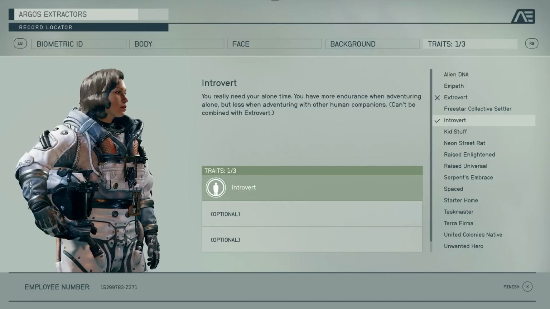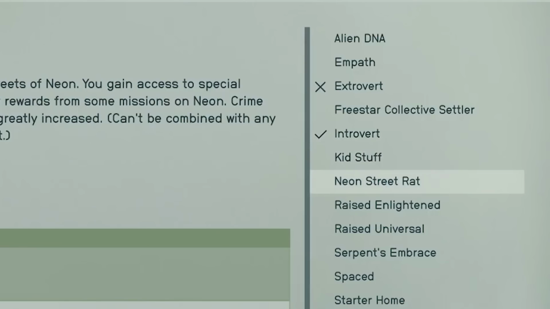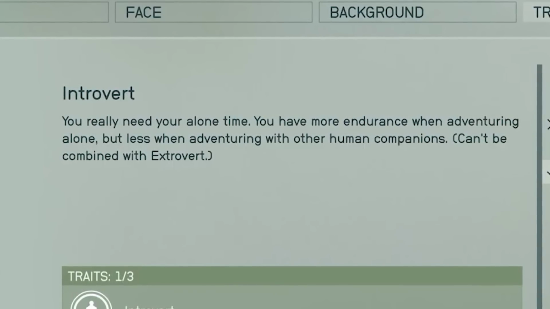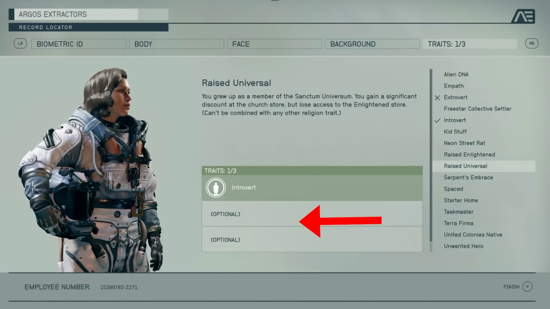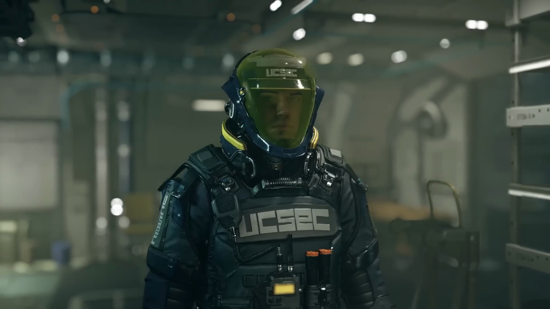We then cut to see the traits you can choose, which seems to be like perks from the Fallout series. Here we see that they've picked Introvert as one of the 3 slots, which gives you more endurance when out alone and less endurance when you have companions with you. There's several other options that give you many different perks, and as mentioned, you can choose up to 3 perks at a time. Then we get a little showcase of different ways your character can look, which then cuts over